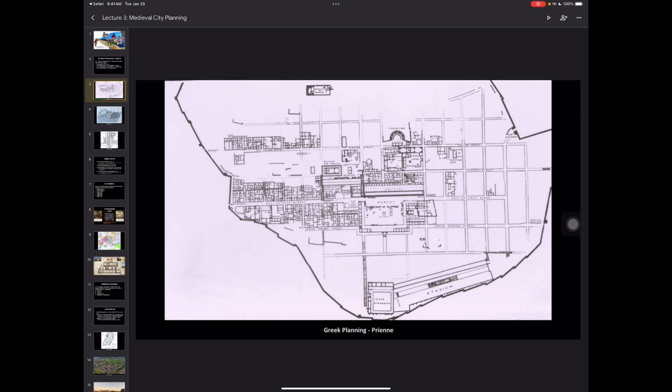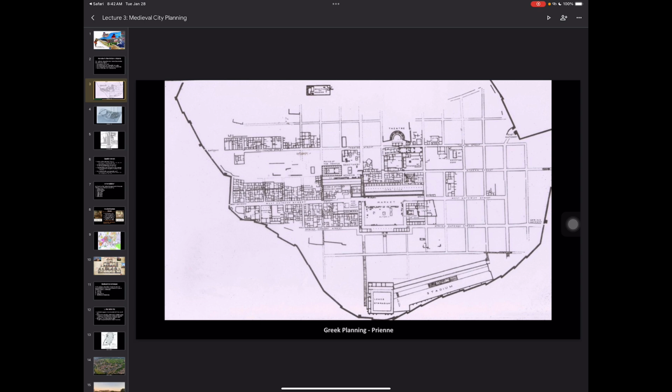So how do we know that it's a Greek plan? Well, first of all, remember that the Greeks didn't necessarily have a uniform concept of what a city was across all of Greece. They had a general toolkit of different things that they could place onto the city, but the actual plan of the city really varied from city to city. And remember that they based themselves on topography.